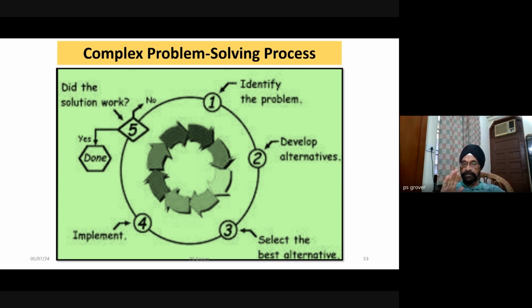So the process of complex problem solving: identify the problem, first understand it. Now if you do not know what to do to understand it, then what the possible alternative solutions could be, then what the best alternative is, how to implement it, how not to. Now please apply your mind, this is all a thinking process. And the thinking process will enable you to learn the complex problem solving process. And complex problem solving, as I mentioned in the beginning, is an attribute which employers want. It's a very important